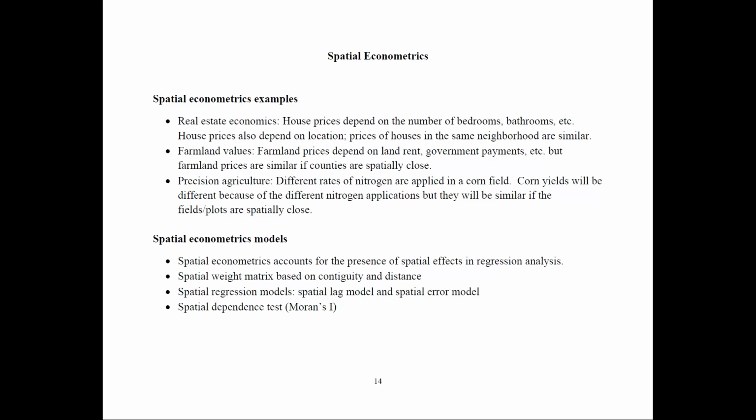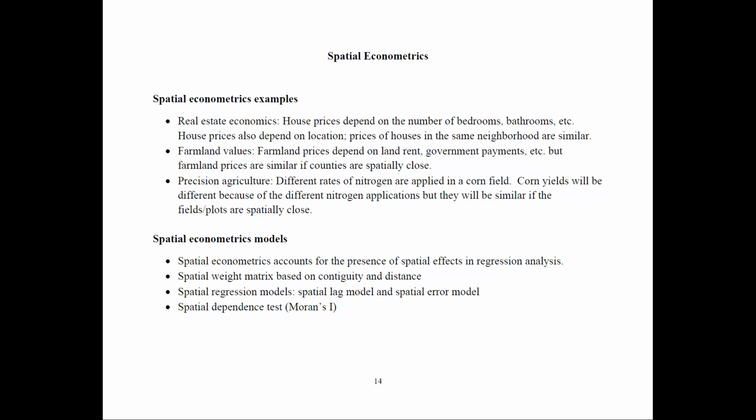In spatial econometrics, a few examples are when house prices depend on the number of bedrooms, bathrooms, and so on, which would just make it a linear regression. But they also depend on the location, because the prices of houses in the same neighborhood are similar, so they influence each other. In farmland values, you could have farmland prices depend on land rent, on government payments, and so on. But those prices would also be similar if those farms are located in counties that are